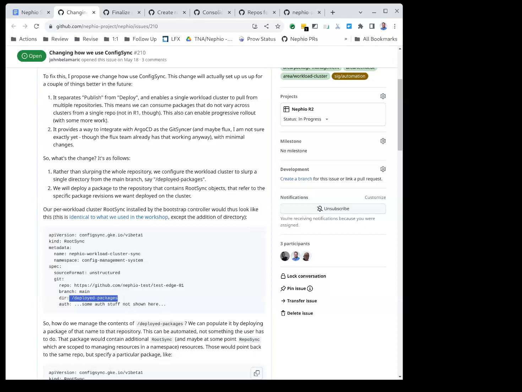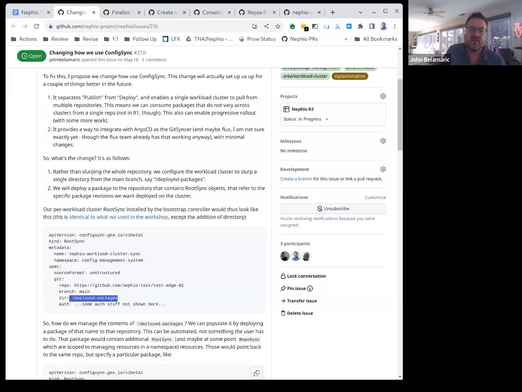In order to actually deploy it, you drop a root sync resource into the deployed packages that points back to that directory, and then it recursively pulls that out.